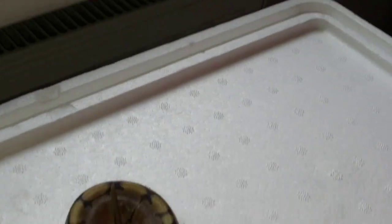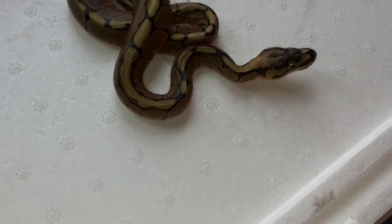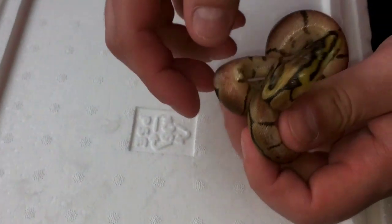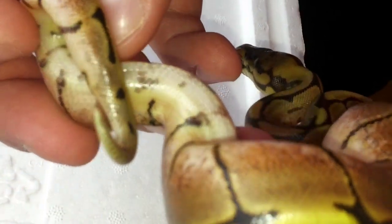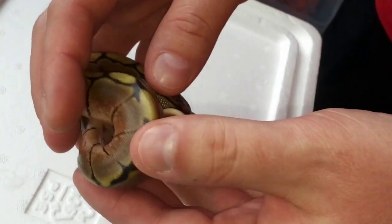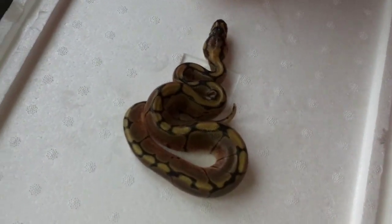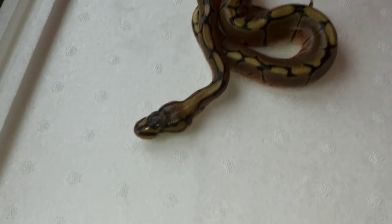So it's been 4 days since the last video clip, and as you can see, this little spider is doing fine. On her belly there is just a slight little mark, but this is normal. It always looks like that. She's also a little bit more skinny than she normally should be after absorbing her egg yolk, but of course she didn't, so we're still monitoring her. As you can see, she's lively, she's flicking her tongue,